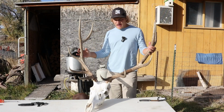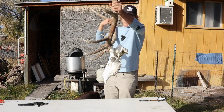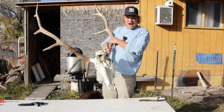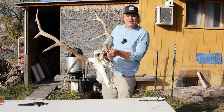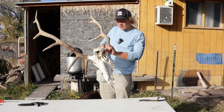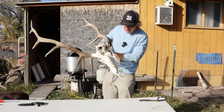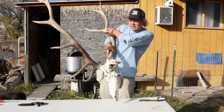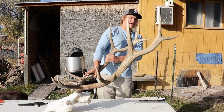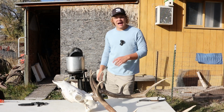All right, now that the skull is pretty much all cleaned up, there are little pieces here and there of dried skin that I wasn't able to get off, but that's all right. It doesn't have to be perfect because the peroxide will eat out the light stuff. Obviously you don't want chunks of flesh on here, but you don't have to stress about it too much, because after the peroxide, what is left you'll be able to pick off quite easily. Now, the peroxide I like to use